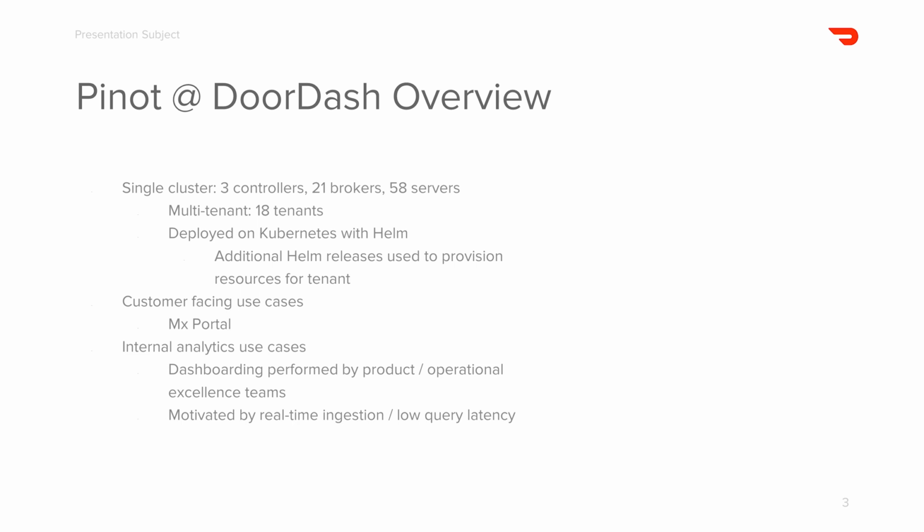Before I get into that though, an overview of Pinot at DoorDash. We have a single cluster with 3 controllers, 21 brokers, and 58 servers. It's multi-tenant, so we use the tenant feature Pinot provides, and we currently have 18 corresponding to different use cases. The single cluster definitely has some trade-offs as opposed to running multi-cluster, but for that we deploy on Kubernetes